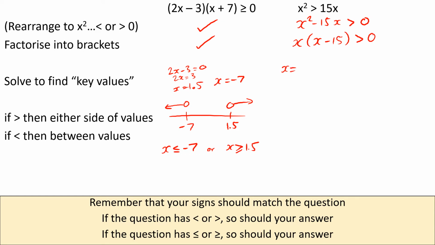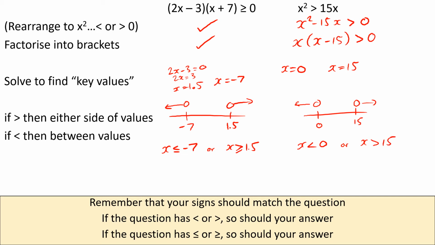Don't forget that x on its own gives you an x equals 0. And also we've got x is 15. We have a greater than symbol, so we are going to be either side of the variables. So here's 0, here's 15, either side, no or equal to in the question, so x is less than 0 or x is greater than 15. Okay,